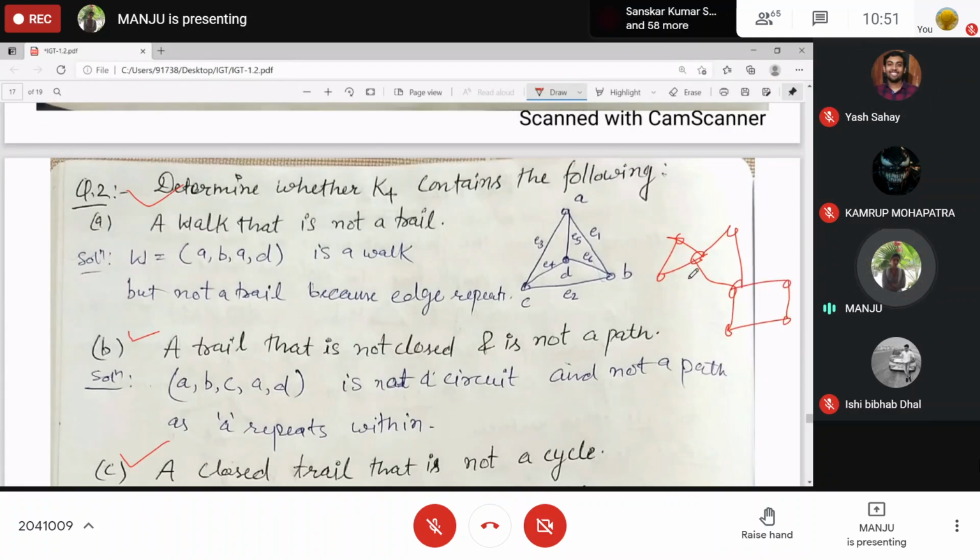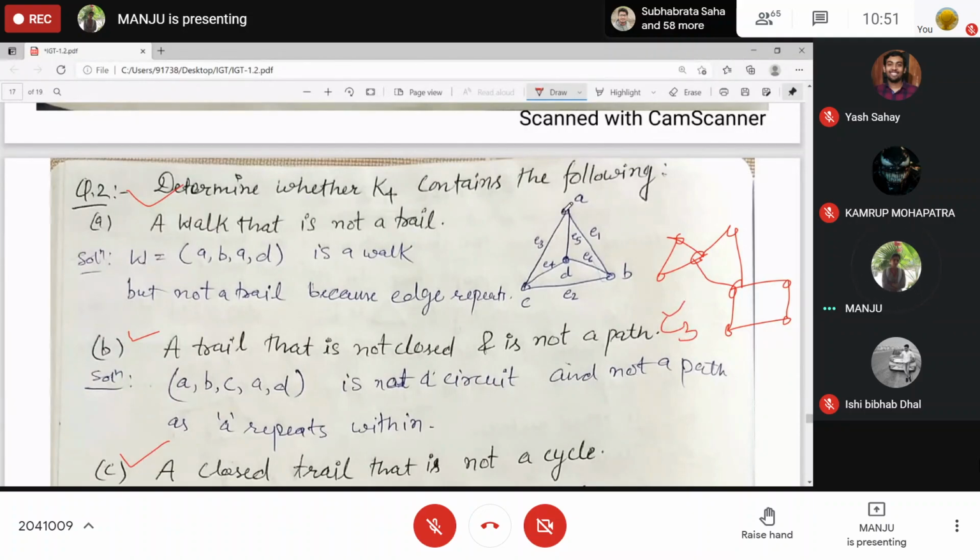So does this kind of structure, any of this part, exist in K4? No, ma'am. Are two cycles only meeting at a point? Does this kind of structure exist? Two or more cycles? No, right? These are sharing edges, not only a point. If two or more cycles share only a point, then it will become a circuit. Otherwise, if these are sharing edges, it will not become a circuit, right? So then the only cycles are C3.